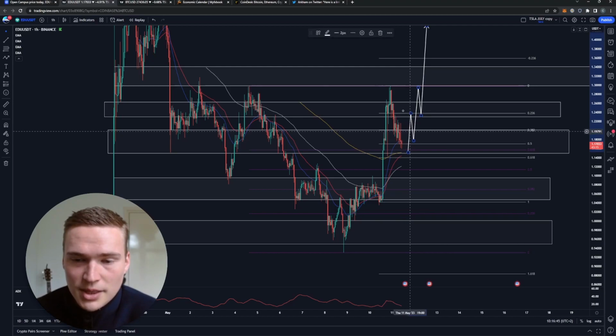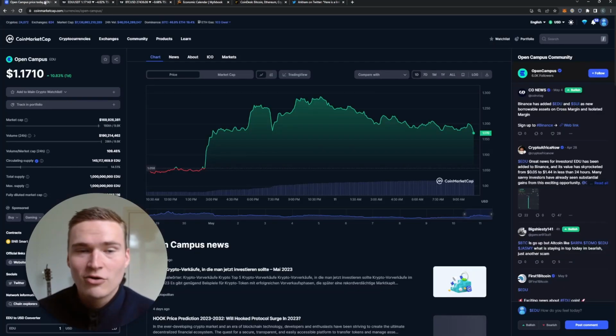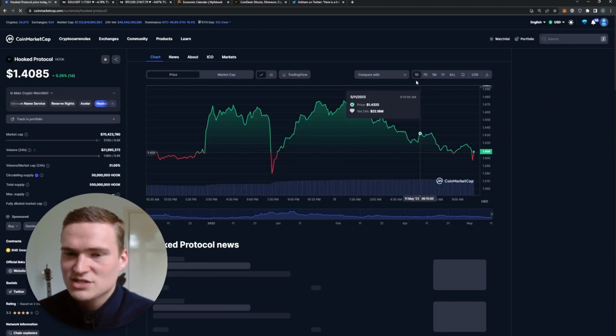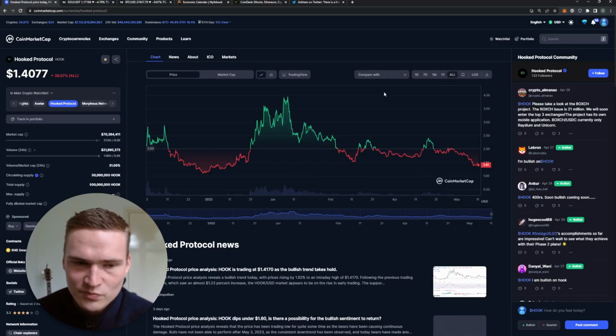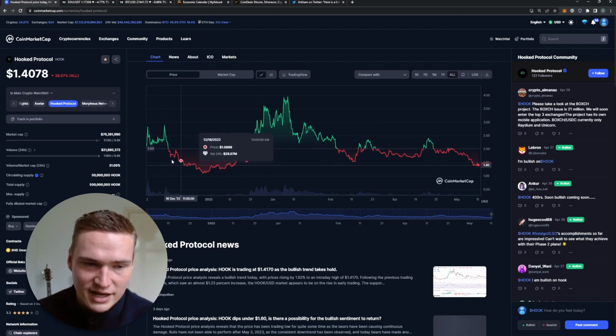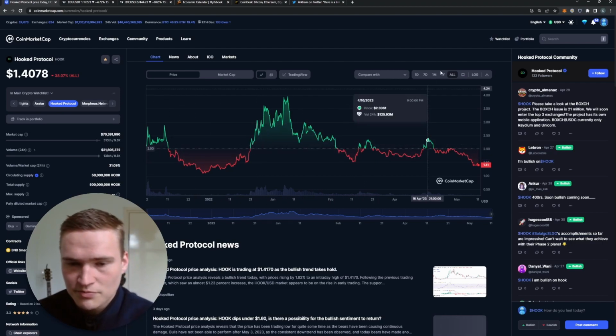But now onto OPENCAMPUS. First of all, just to explain the general idea, OPENCAMPUS is a Binance Launchpad project. If there's one thing almost all Binance Launchpad projects have done recently, or at least after their launch, it's that at some point they've rallied. If you take a look at Hook Protocol, for example, in the beginning it rallied quite a bit, and after a while it rallied again. It took some time, but after a month or so it did rally, right?